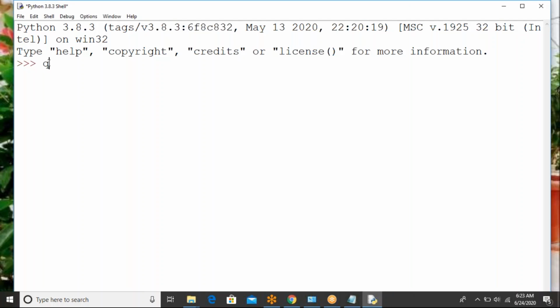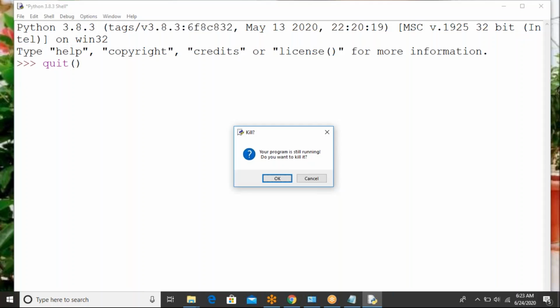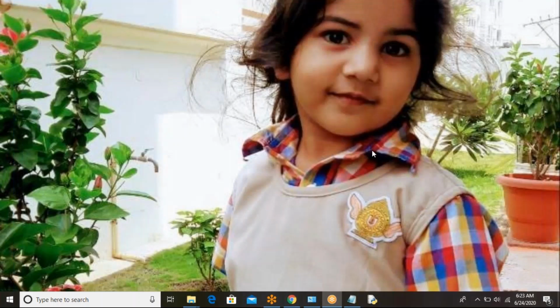Now if you want to quit from this, simply type quit with parentheses and press the enter key. It will ask, your program is still running, do you want to kill it? Yes, click on the OK option. That's it. Now it is pinned to the taskbar, so whenever you want, you can directly click on it and IDLE will be opened, which is very flexible for us.